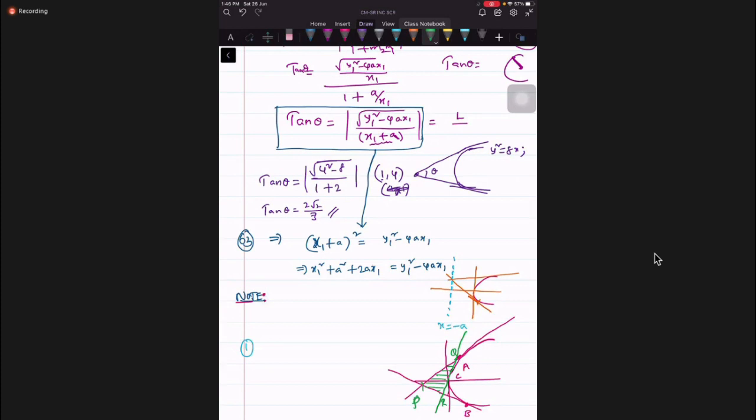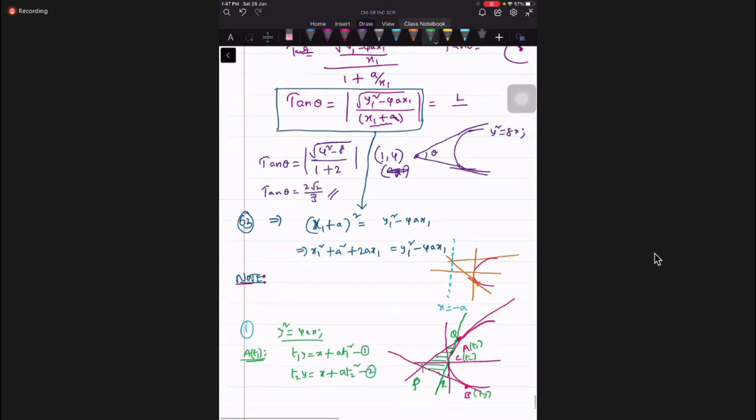See, PQR. We have drawn tangents to the parabola at A, B, C, students. At A, t1, at B, t2 and at C, t3. See, what is the equation of the tangent to the parabola y square equal to 4ax at A, t1? Tell me, students. t1 y equal to x plus a t1 square. That is one equation. What is another equation? t2 y equal to x plus a t2 square. Got it, all of you?